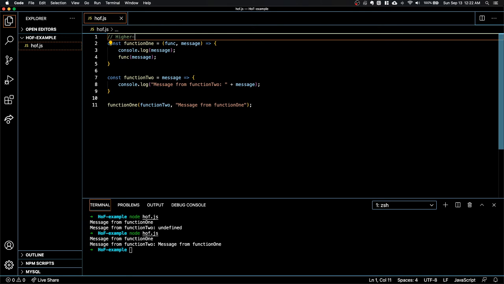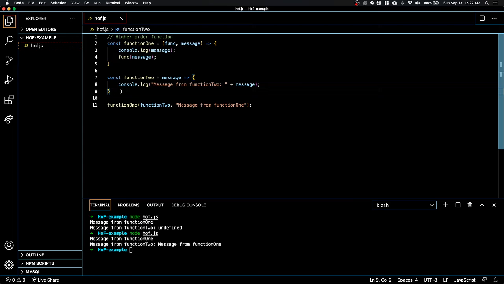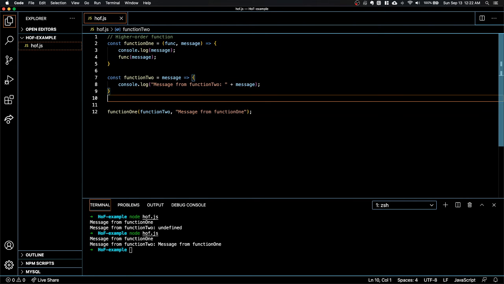Higher order function. So because this qualifies our first point of the definition. The second point of the definition is that if a function returns another function, that is also considered a higher order function. So how does that translate into code? We will simply